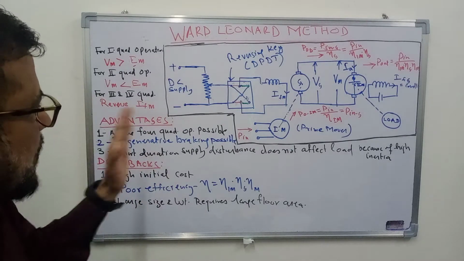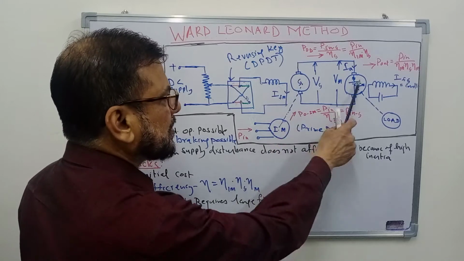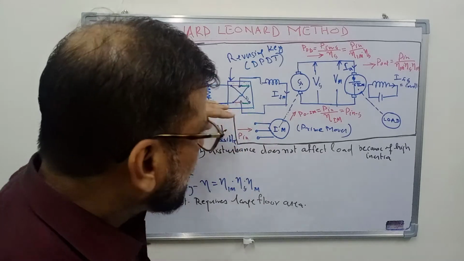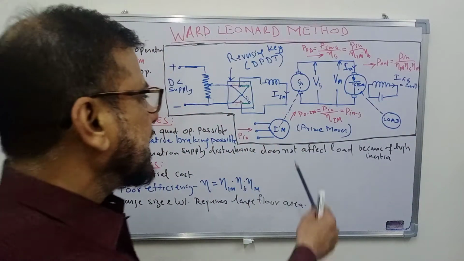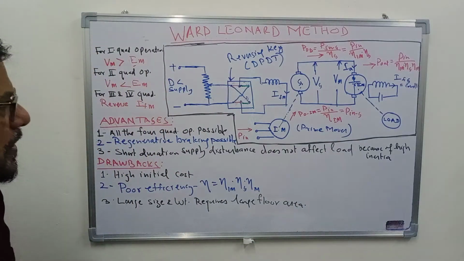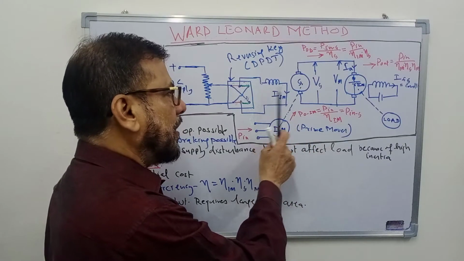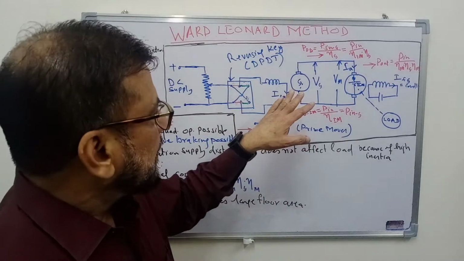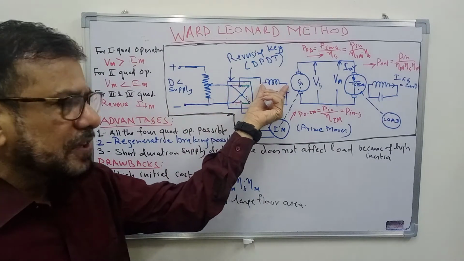So how do we do it? Now here the power rating of all these machines will be identical, because the same power flows through all the three machines. So this means that the power rating of all the machines will be almost identical. The power required by the field winding of the generator is much smaller than the power rating of the generator. It is usually less than 1%. So the power requirement is very small.